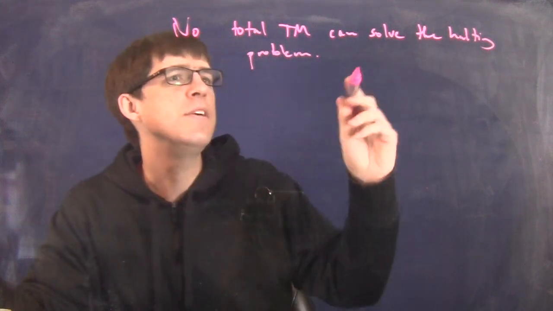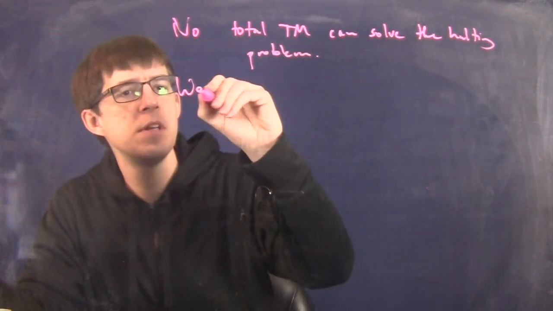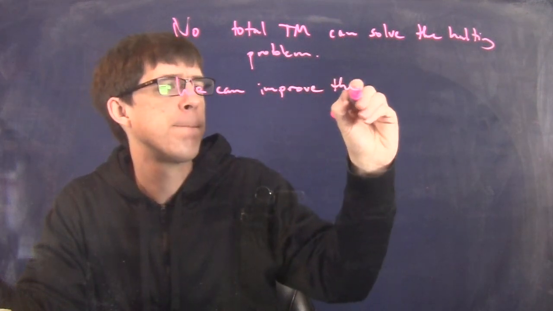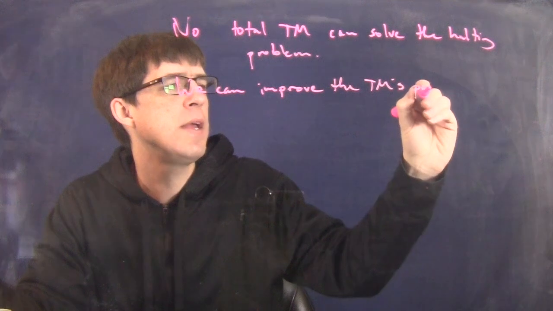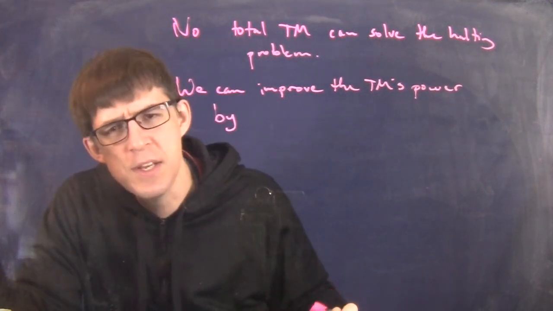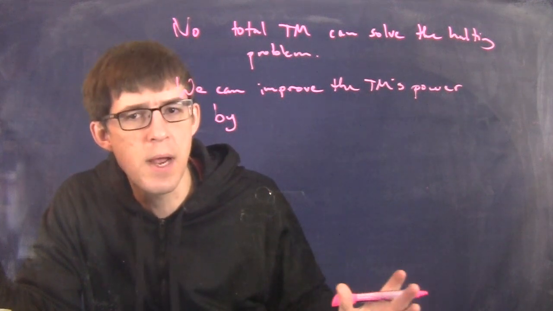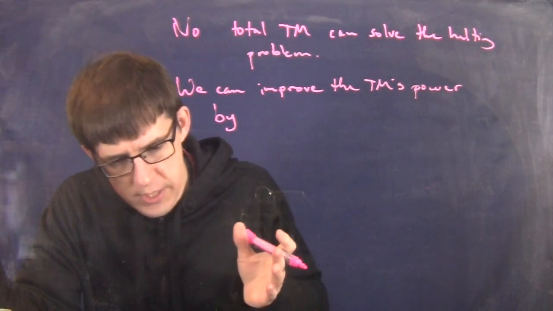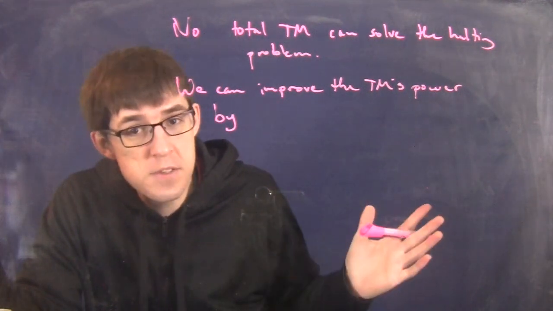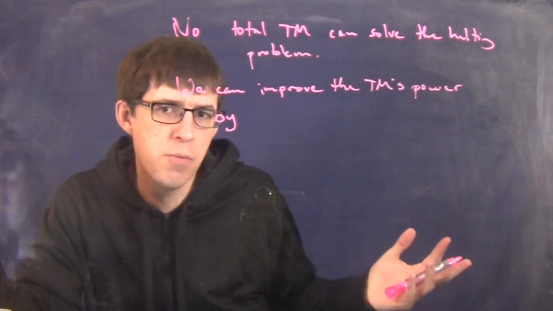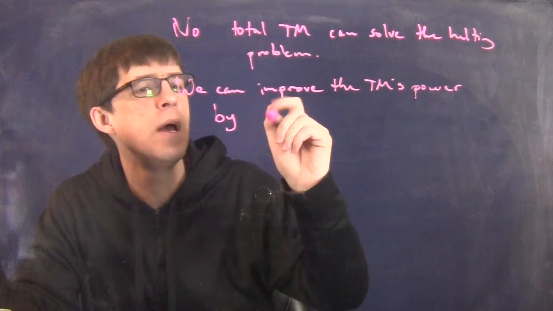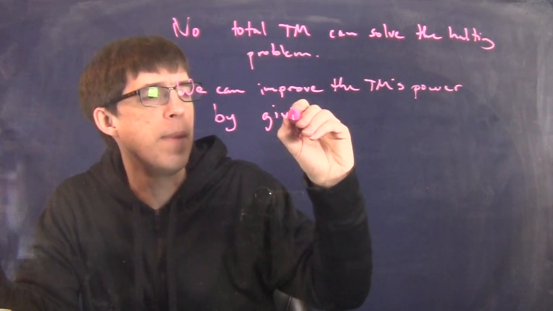Anyway, I'm going to say we can improve the Turing machine's power. We can make it more powerful by somehow enabling it to solve the halting problem. Just imagine that the machine could do some kind of magic, whereas in each step, it either moves to the right or to the left, or it solves the halting problem. And you don't even try to say how it would do that, because in the real world, it can't do that. But we can improve the Turing machine by giving it this sort of magical power.